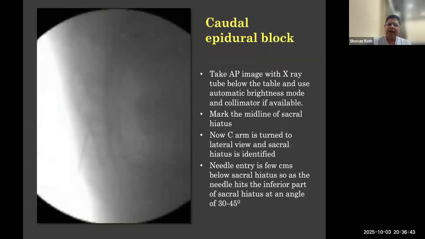Next is a caudal epidural. Again, it is a very important one. Many times there is not a single level involved. Some patients come with multiple level involvement, like L2-3, 3-4, 4-5, 5-S1. All the levels are involved. So either you go for the surgical approach,